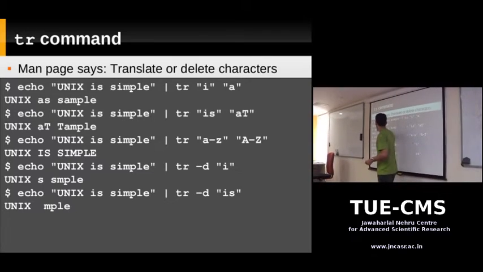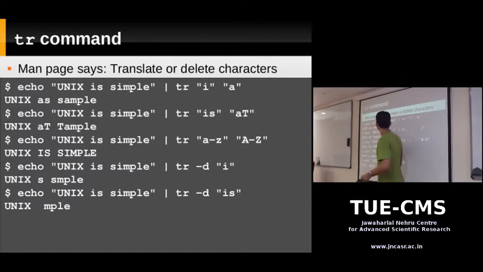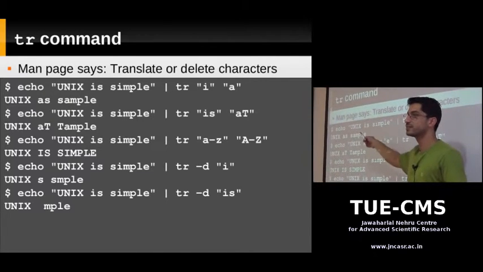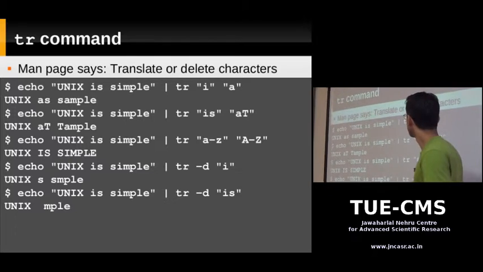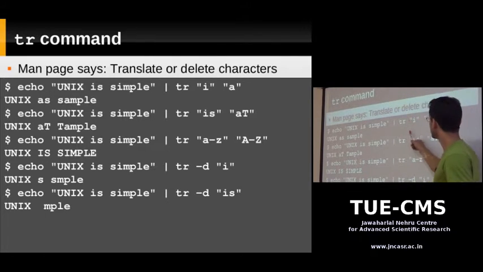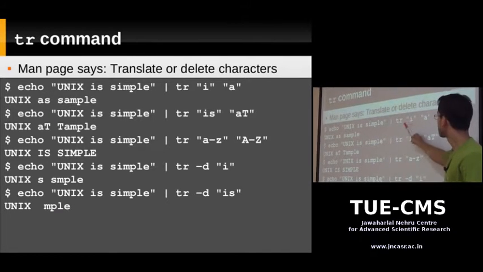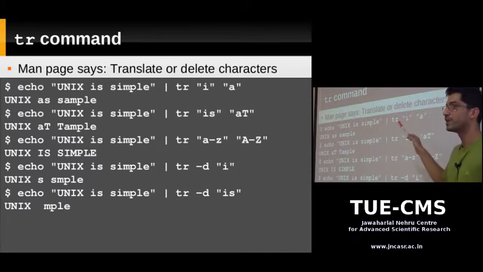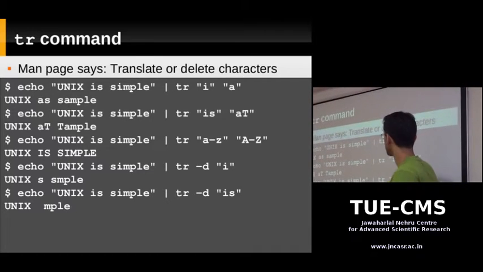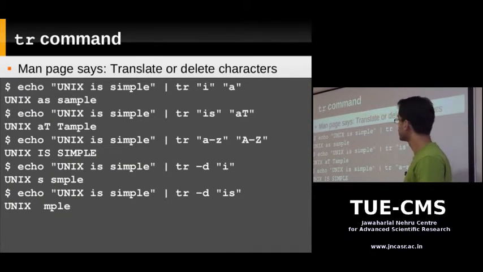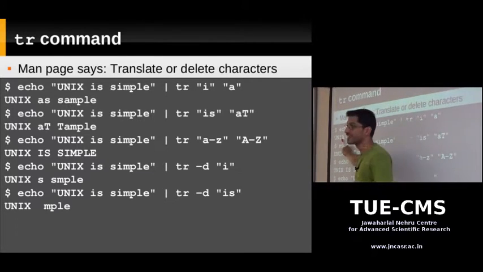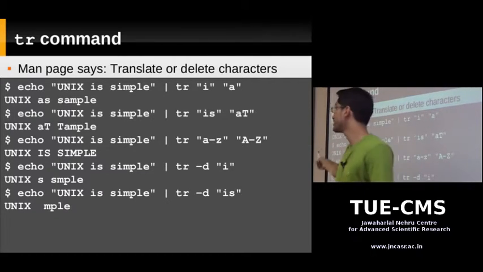Suppose you typed echo and this string, okay, and you're piping it through tr. So what does echo and the string do? It's going to write the exact same string onto standard output. Now the pipe connects the standard output to standard input of tr. And look at tr. Tr over here has 2 command line arguments, the string I and the string a. By default, when you pass two strings, tr is going to translate. So every occurrence of I is changed to a. So look at the output. Everywhere I has come, you got a. And you'll notice that it's case sensitive. Everything in Unix is case sensitive, so it didn't convert the capital I.